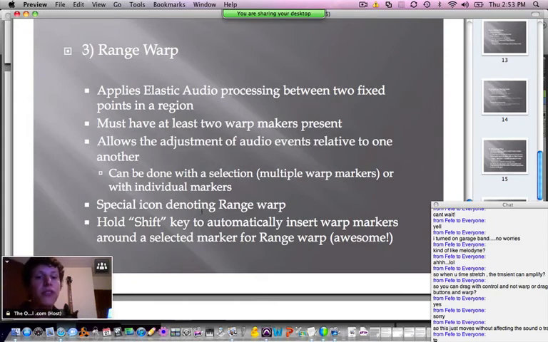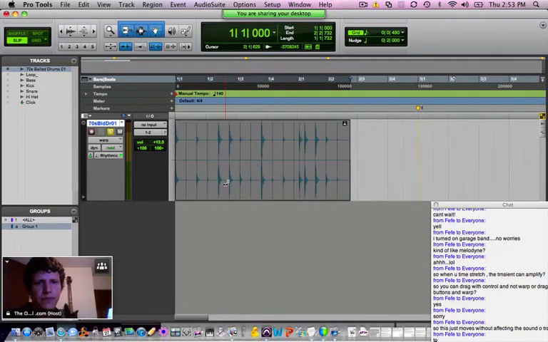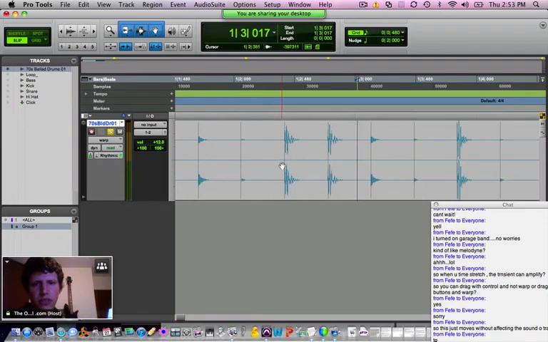And there's a special icon denoting that you're going to do a range warp, just like there is for the other two ones that we saw here. So check it out, and I'll give you the key command for this too. Dead freaking useful key command. So I'm going to delete all the warp markers here, and I'm going to move this back to the beginning of my session. So here's a range warp, and this is how I initially showed you guys how to use,